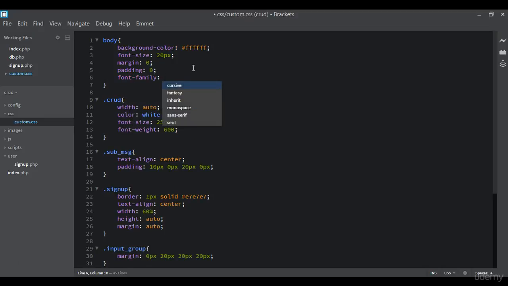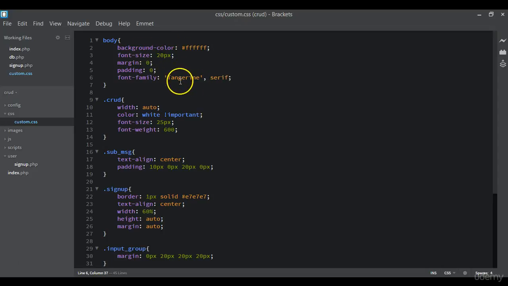The font family that we're going to add, which is just a simple font family, is called Tangerine. Then we add a comma, then serif. So these are the font families we are adding to our